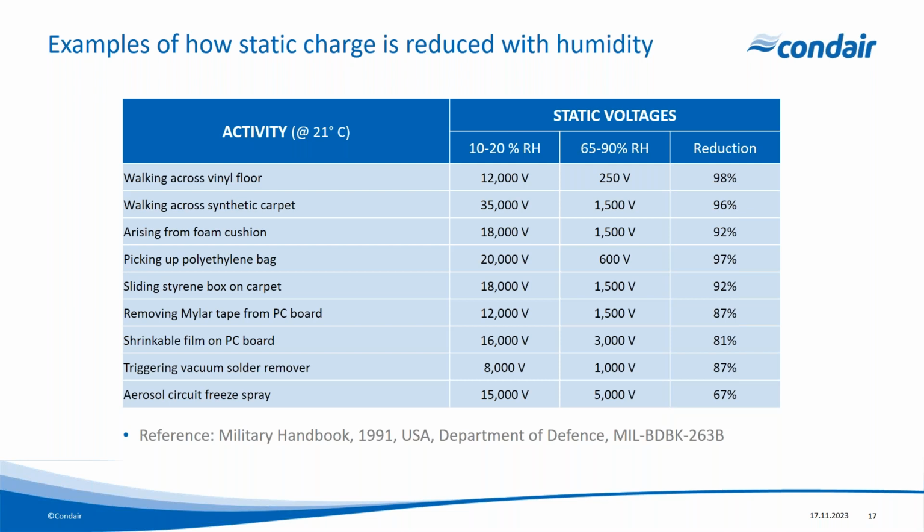Something as simple as picking up a polythene bag measured a static voltage of 20,000 volts. Again, when humidity was increased across the static threshold, and we could distribute that static charge to Earth, that reduced down to 600 volts. That's a 97% reduction in static voltages. So you can see it's incredibly effective when we utilize those water molecules in the air to conduct a static charge to Earth,